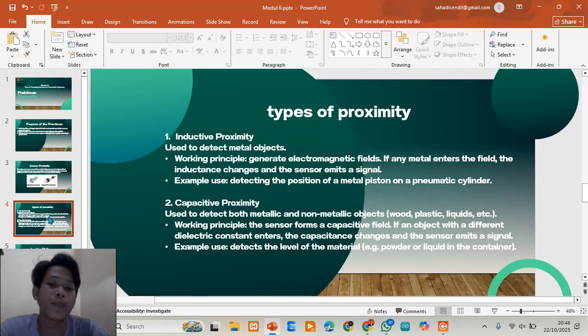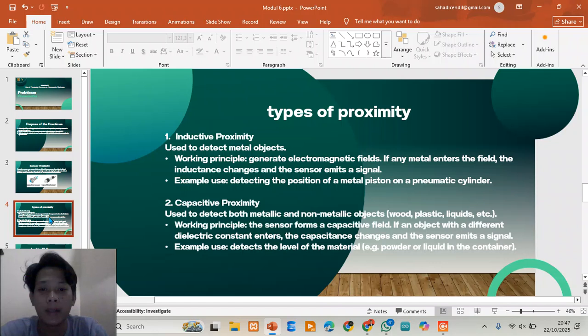The inductive proximity sensor detects metallic objects. Inside, it has an oscillator that generates a high frequency electromagnetic field at the face of the sensor.